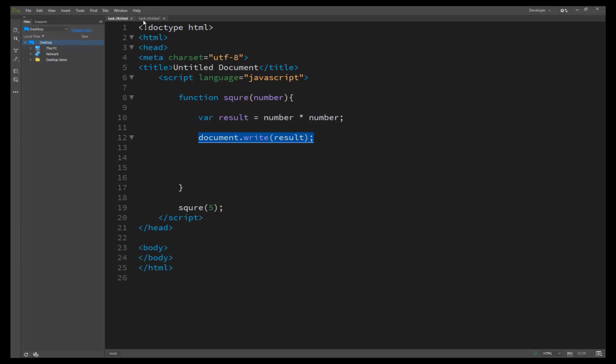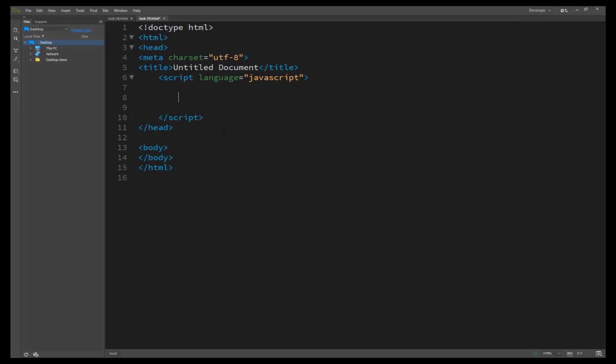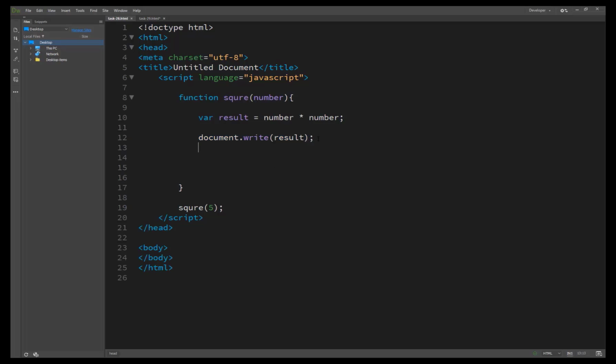So it is not very practical. That's why we go to our task 29, returning a value. The operation is what you really want to do, so return the result, so that the result can be assigned to a variable or used in a mathematical expression. To illustrate this, we create a function that squares a number and returns the result instead of outputting it. Basically, outputting inside the function is not a practical method in JavaScript.